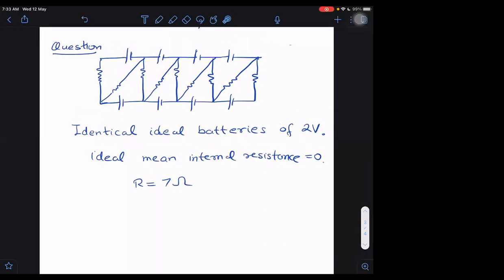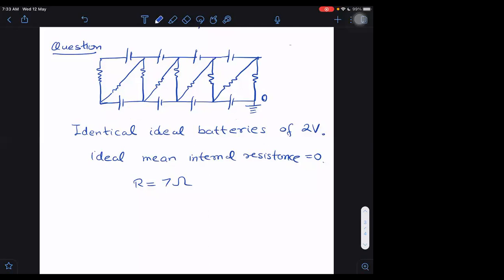But I will prefer to take the reference at that terminal which I expect to be at least potential. Sometimes I may not be correct, I may have a wrong assumption, but you can see plus minus, so when we keep on going this side, the potential keeps decreasing and probably this end has least potential. If I do that, then our terms will not come out to be negatives. Positive potentials will come out in other places. So to avoid negative terms, I can take the least potential as 0. Let us take it to be 0.